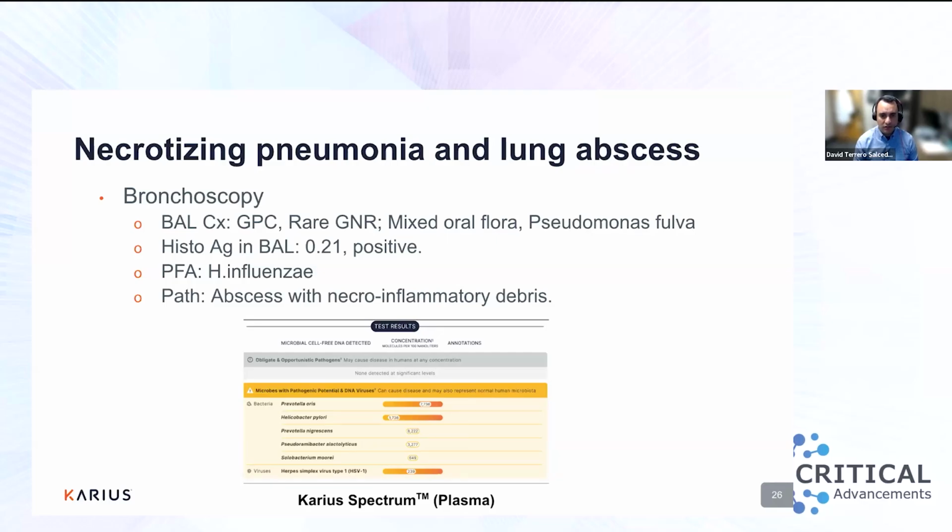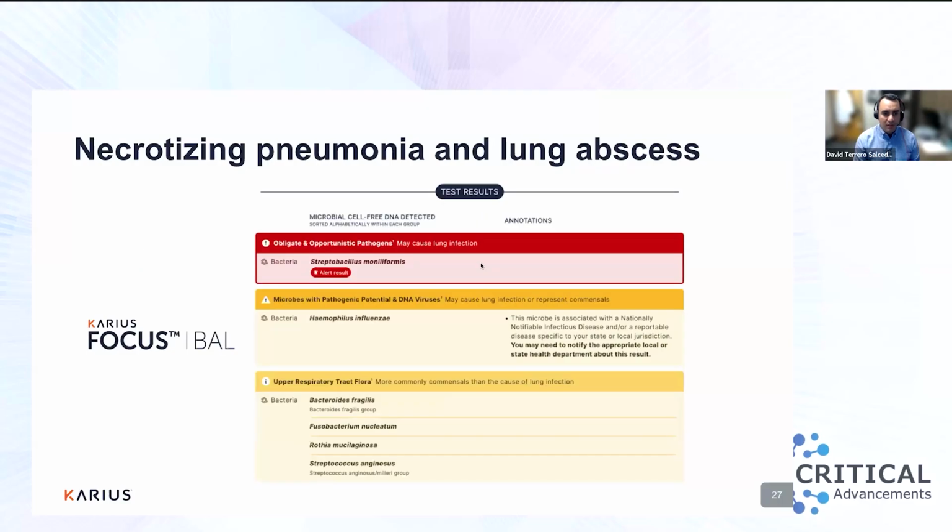This is actually the result of the spectrum, the plasma test. As you can see, we're seeing a mixture of microbes with pathogenic potential. This is an example of the report that you would get. Most of what you see there is organisms that we would deem respiratory organisms, and not necessarily pathogenic. But then we